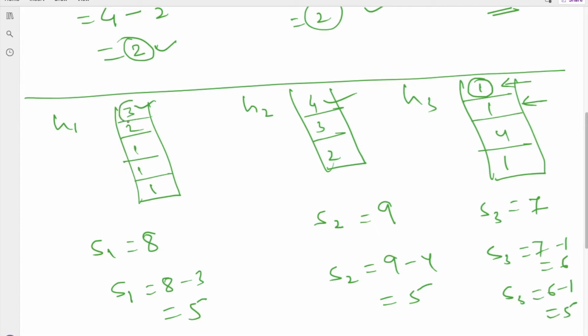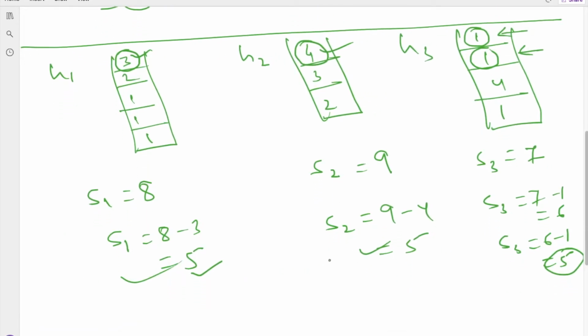So after removing these top elements we got the height as 5 in all stacks, and this is the maximum possible height in which all the stacks are of equal height.